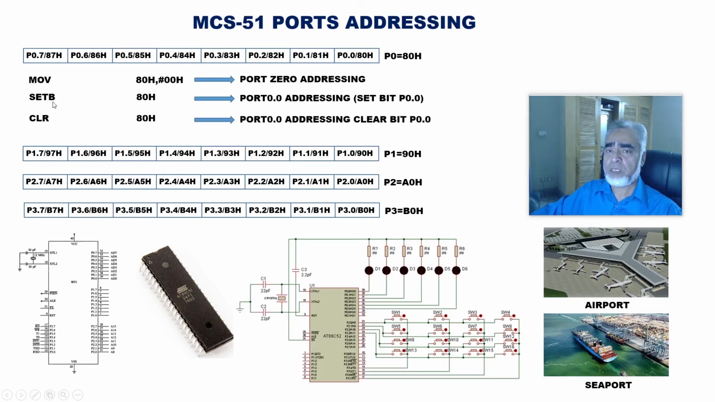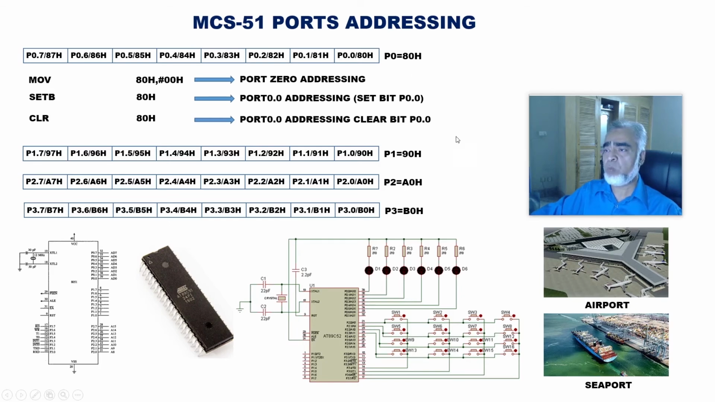But if we use the instruction SETB 80H, then the microcontroller will set only one bit, that is port 0.0. And if we use the clear instruction, CLR 80H, the microcontroller will clear port 0.0. So we can use the port as a whole port, or we can access different bits with their addresses, that is 80H, 81H, 82H, and we can also use all these ports with their names, that is port 0,